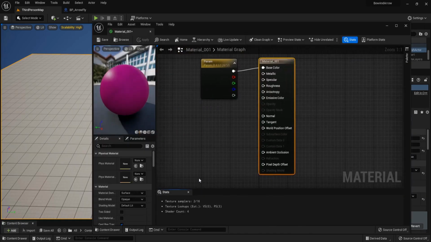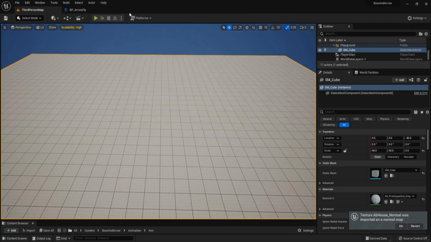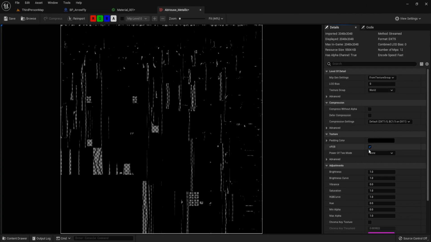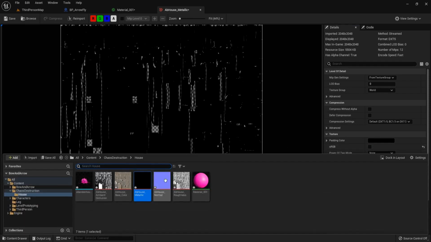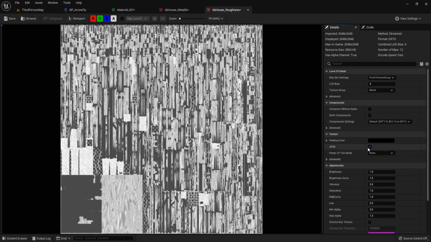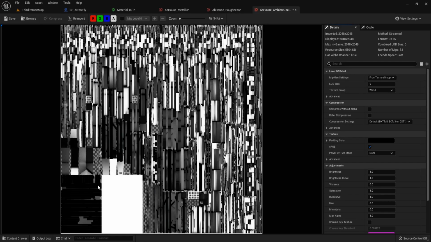Open the material. Reset the metallic, RGB to false, roughness to false, ambient occlusion to false.